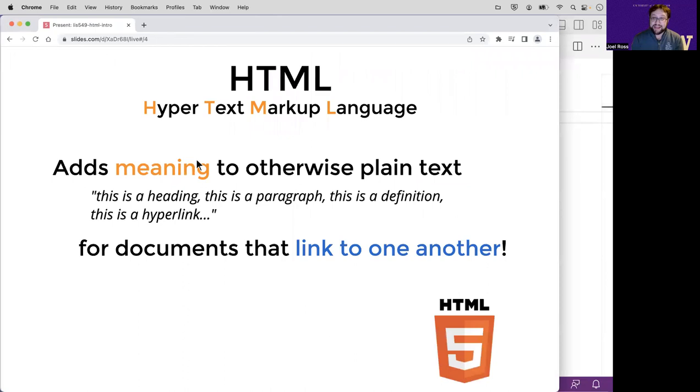The way that we do that is by using what's called HTML. HTML is an acronym. It stands for Hypertext Markup Language. It is a language, a way of communicating some information, namely communicating to the browser how we want things to look. It is called a markup language because we're going to use it to annotate, to mark up,